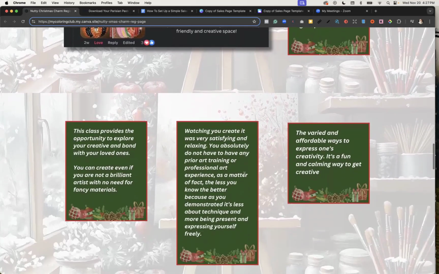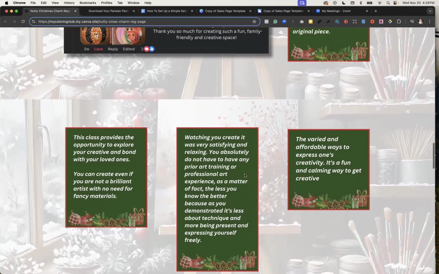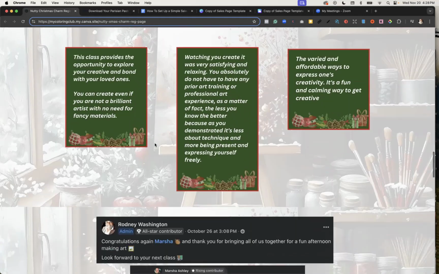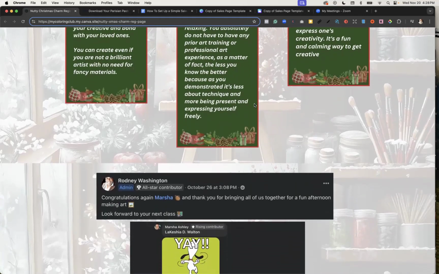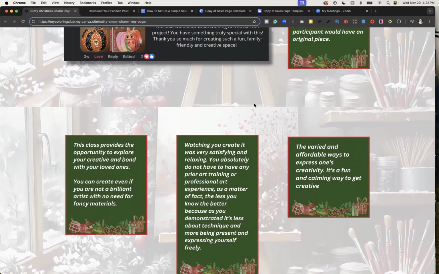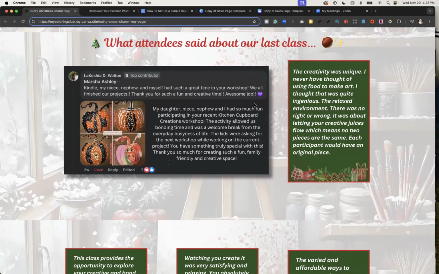All of these that you see here are direct quotes that came from people that did a post-event survey that we sent out. So it's all text-based. And I didn't want to just layer black text on a white background. So what I did was I put it on a green background, used white type, and then kind of zhuzhed it up with some accent pieces to make the eye, because I'm constantly trying to keep the person stimulated throughout the process. On your actual sales page, you can have as many of these testimonial panels as you have content